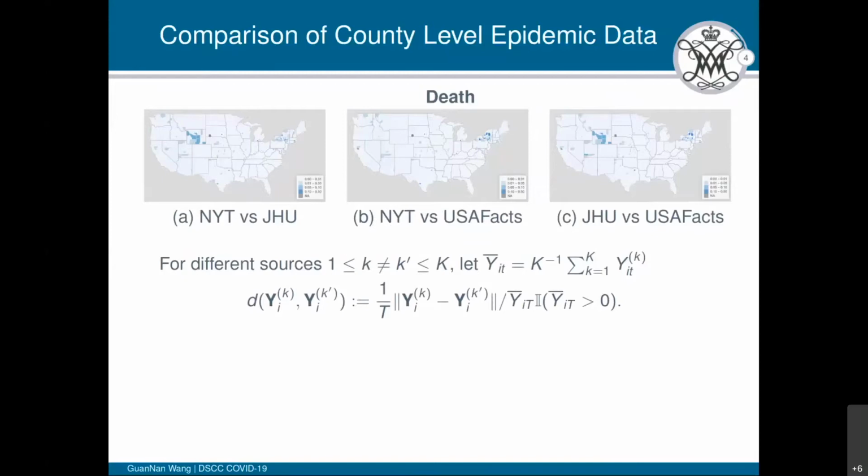The specific reason for these dissimilarities varies over locations. For example, here you can see some dark blue areas in New York State, and these are caused by different geographic assignments. Specifically, NYT and JHU combine Kings, Queens, the Bronx, Richmond, those counties together with New York City, but the USAFacts does not perform this combination.